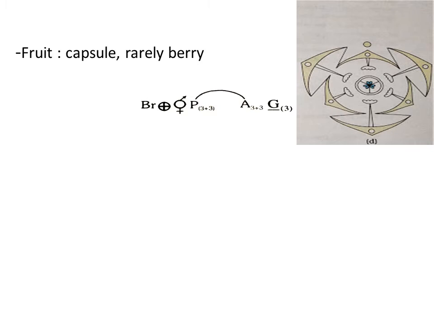So which fruits are called a capsule? So when the fruit formation takes place from the gynoecium consisting of a superior ovary, then multilocular condition with axial placentation and many ovules, such a kind of gynoecium will form a capsule after fertilization. So capsule can be seen as a fruit in most of the Liliaceae plants. And in rare cases we can also see berry as a fruit.